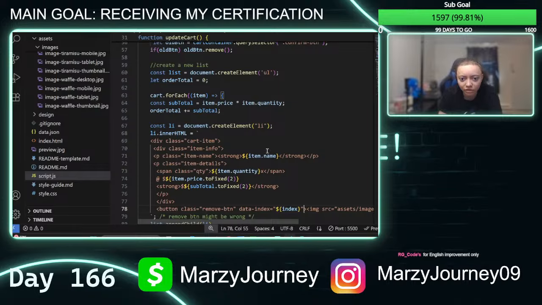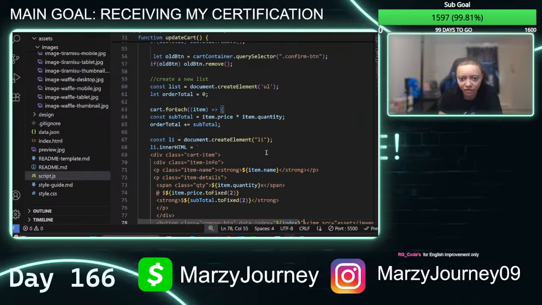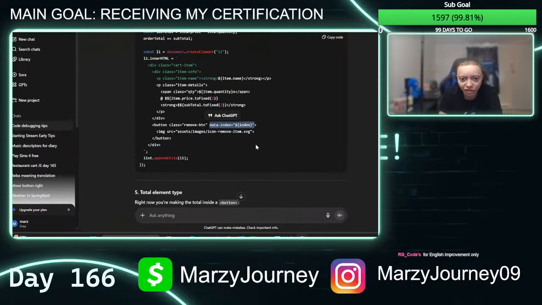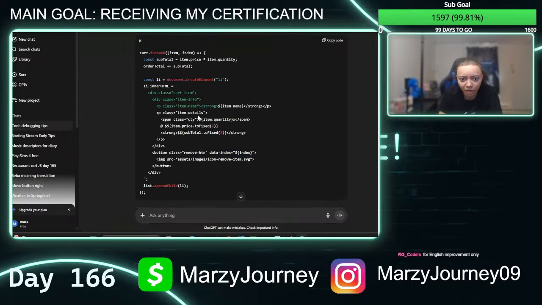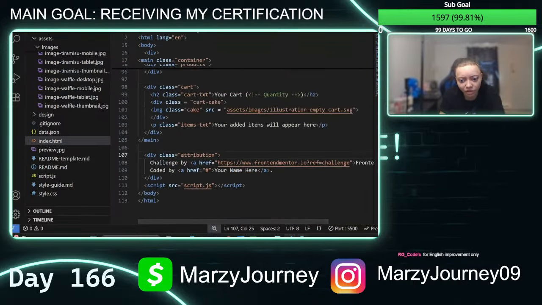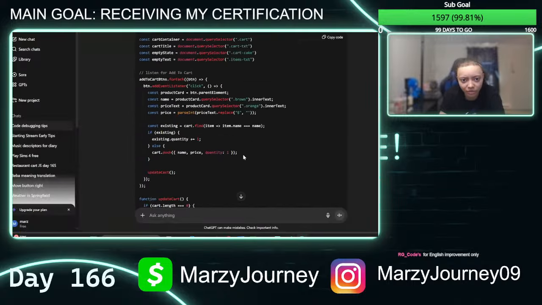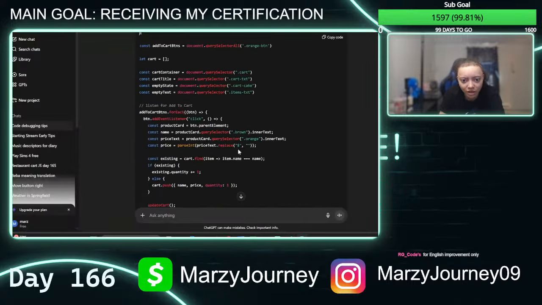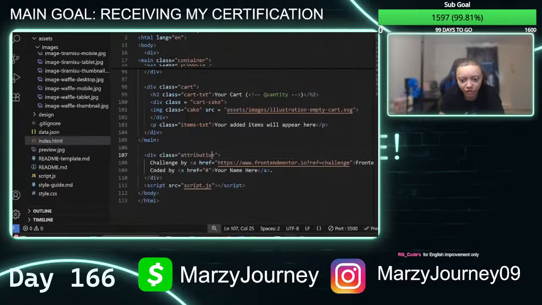But then there was a spot where I deleted it. Am I supposed to still keep it in the for each? I think they would have mentioned it, right? If I was supposed to keep item where it was, oh no, they did. So yeah, you're supposed to keep it in the for each. So then do the comma, do index. And then hopefully that should be fine, is what ChatGPT was telling me. A little bit of a cleaned up version. Total div is supposed to be a div.